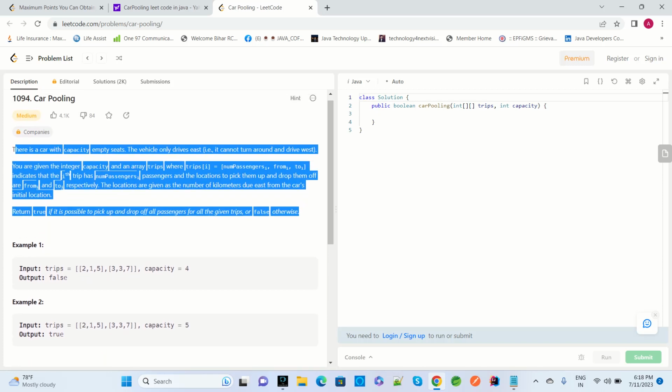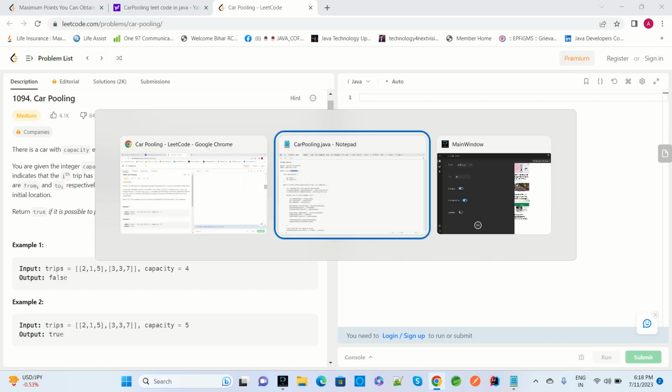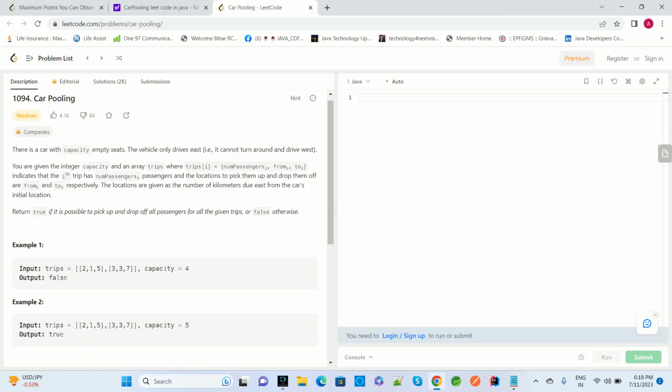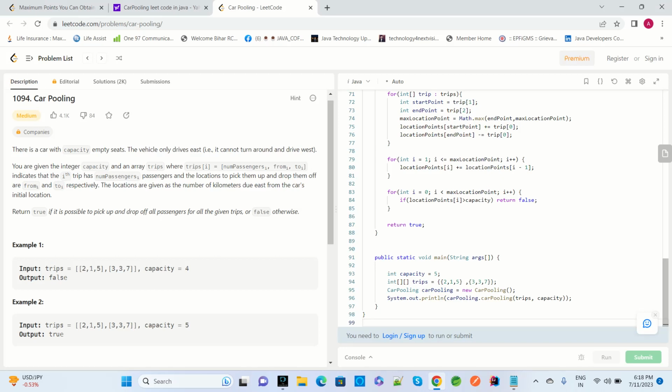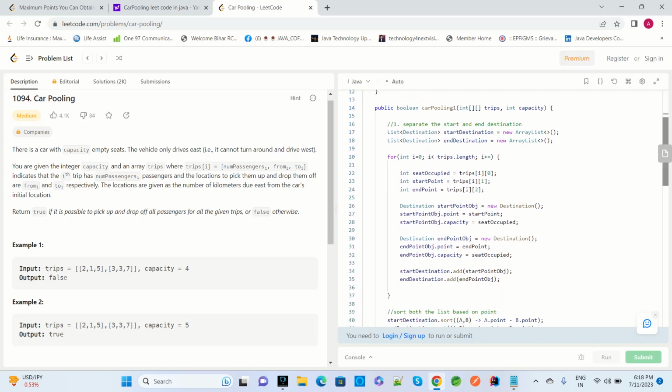So how will you write the program? I have already given the solutions for how we will write the program for this. We have multiple solutions, multiple ways we can solve this problem, but this is the way I have preferred. What you have to do here is create a class, and inside this class we have a point and capacity. You need to create two reference instance variables, and after that, you need to create a carpooling method,